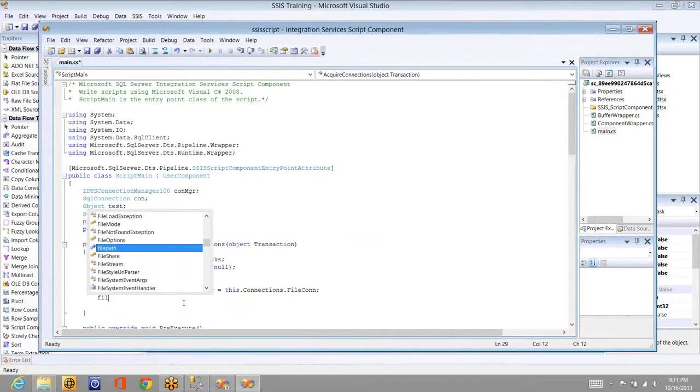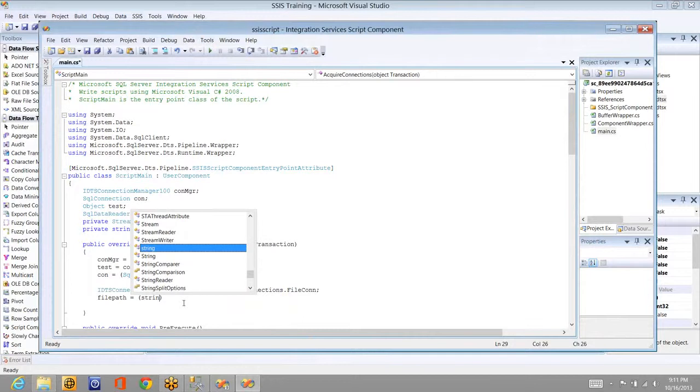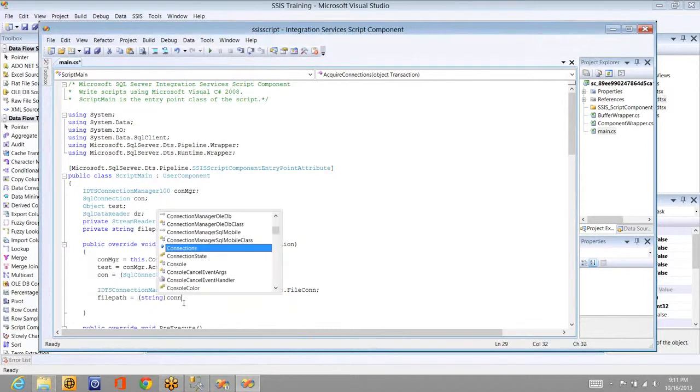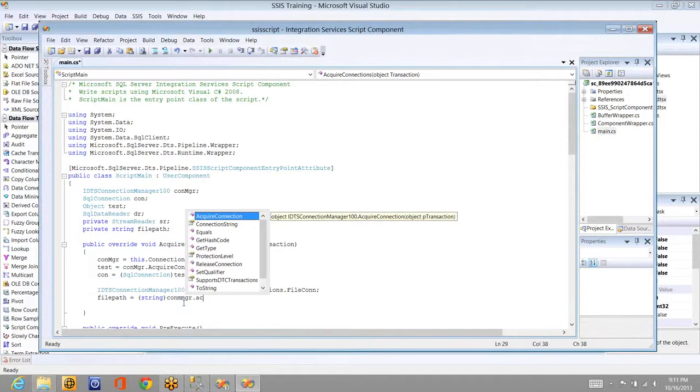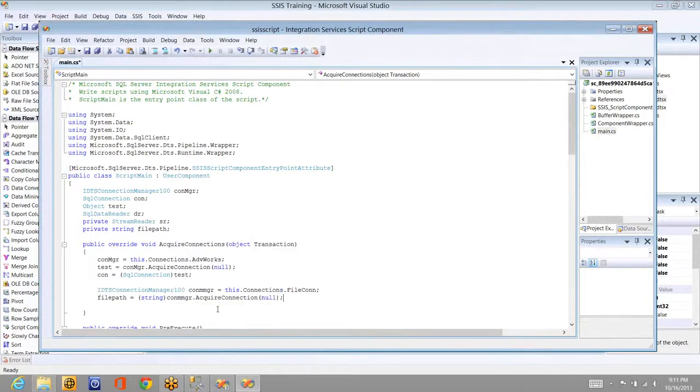I'm going to use the string file path is equal to, and I'm going to do the same typecasting as I have done for SQL Server typecasting. String of CONNMGR dot acquire connection of null. Now the flat file connection string value will be assigned to this file path.